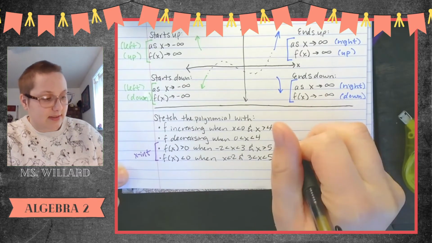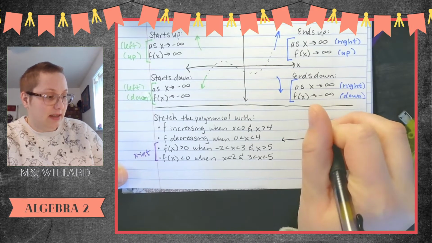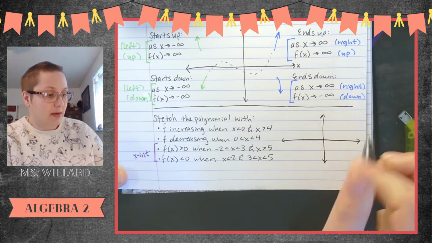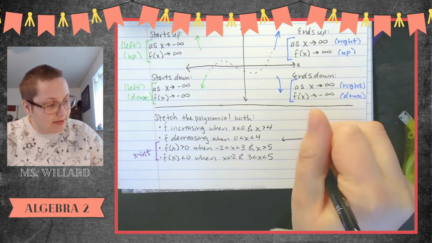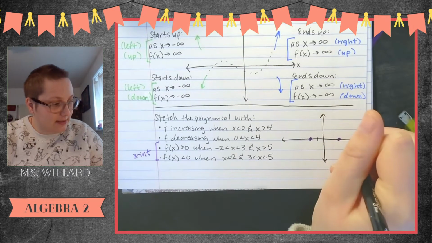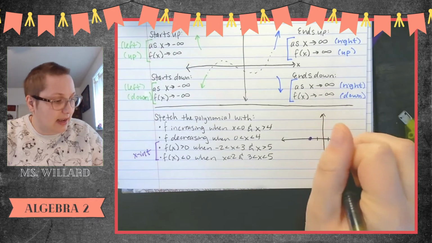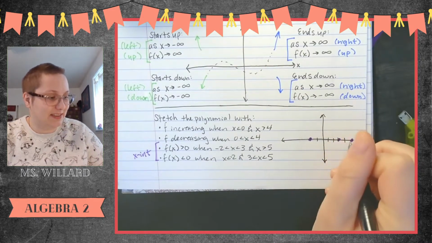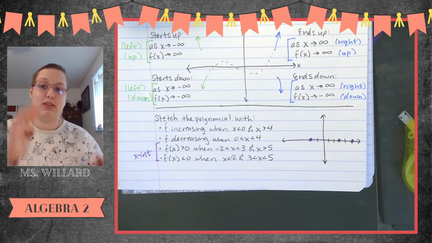So on my little sketch over here, I don't know any y-axis numbers. I don't know any of them. But I know that there will be an x-intercept at -2, an x-intercept at 3, and an x-intercept at 5. I know those things are true because it has to be 1, 2, 3, 4, 5. Great. So I don't know anything else about the y-axis, but I do know that those have to be the